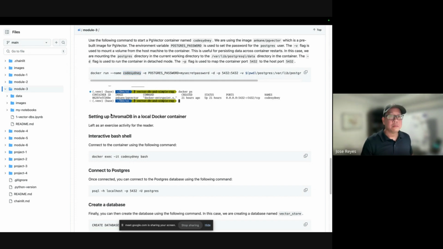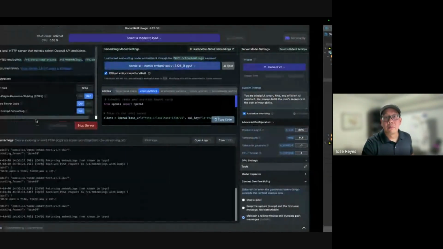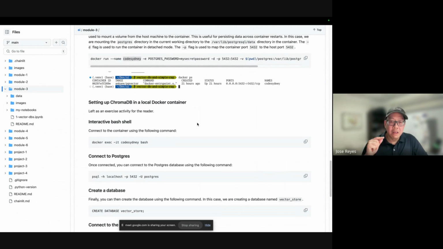Not sure if you can see my Docker Desktop, but okay, I'll do that later. I'm having some issues with my screen, but that's cool. Just believe me that once you run Docker with that